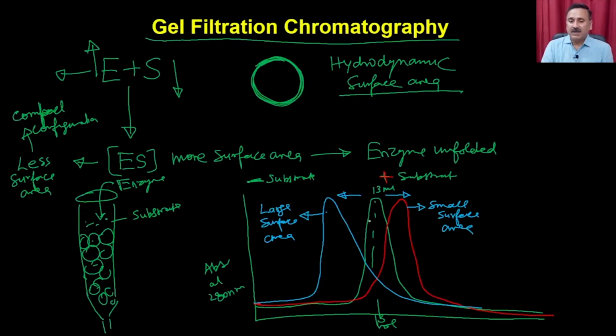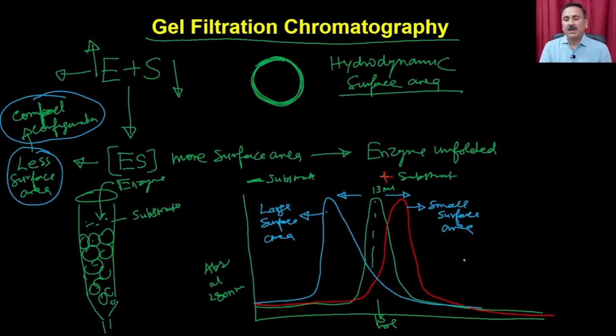Okay, so it is very unpredictable. It is very difficult to say whether the substrate will shift the enzyme in the right direction or in the left direction. But the majority of substrates, when they form the enzyme-substrate complex, actually make the surface area smaller, so it makes the structure more compact rather than more unfolded. But there are examples where it also unfolds the enzyme and it becomes larger,